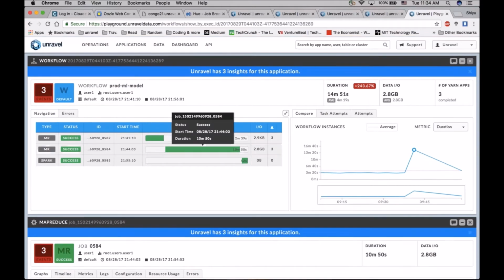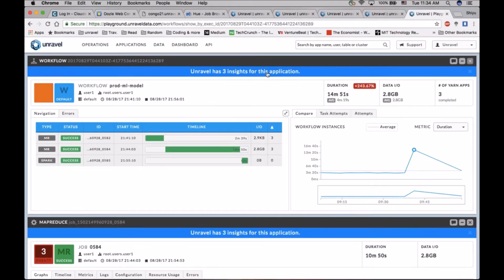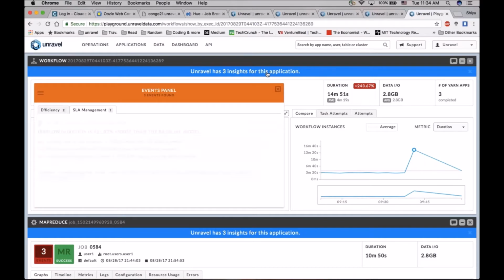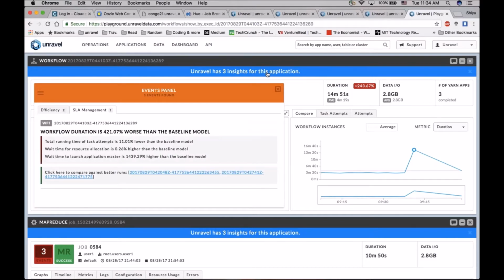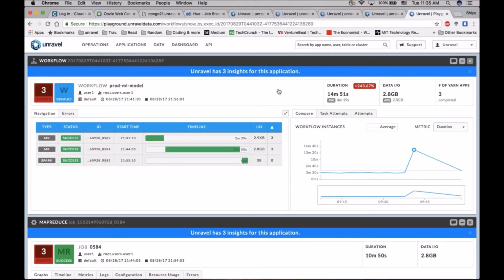But of course, Unravel will point out the problems to you by analyzing all of this information so you don't have to manually dig into it. And in this case, it's saying, out of the hundreds of possible reasons why this particular workflow could be slow, today it's slow because the wait time to launch application master is much worse than usual. So there's a lot of different times and wait times, etc., that can be analyzed. So Unravel's gone in and said, hey, the wait time to launch application master is slow, which then we can infer is a problem where